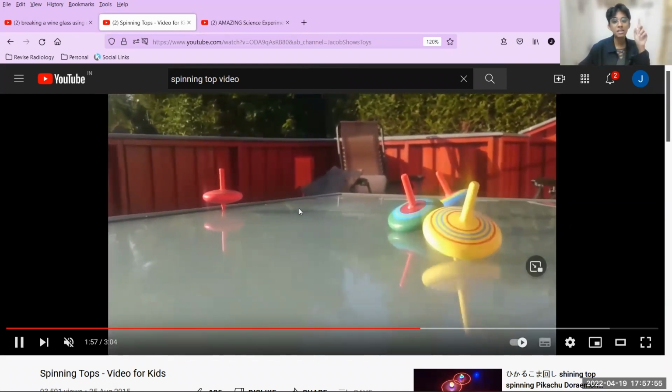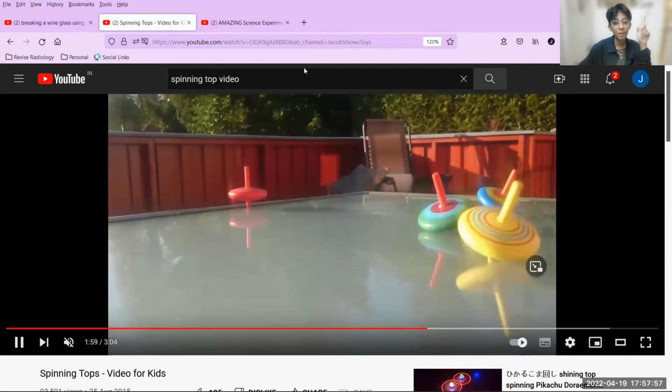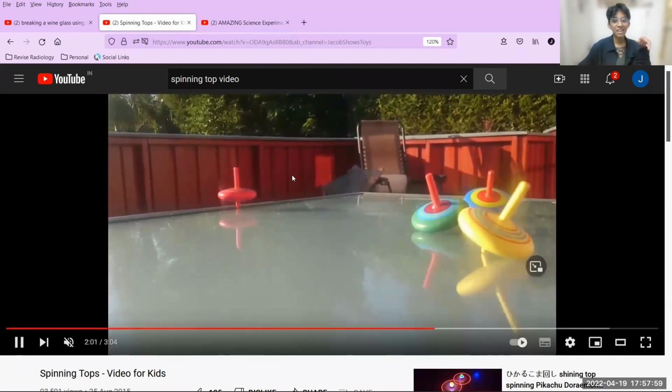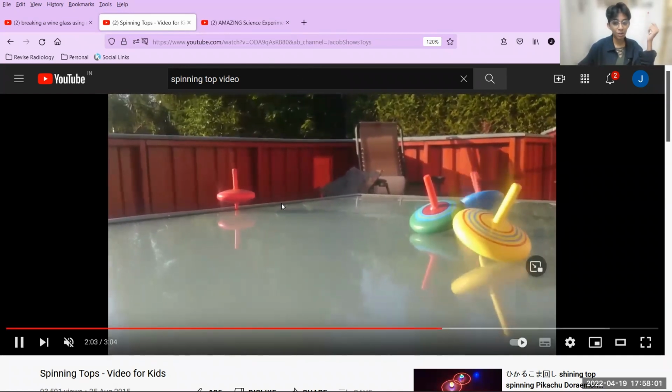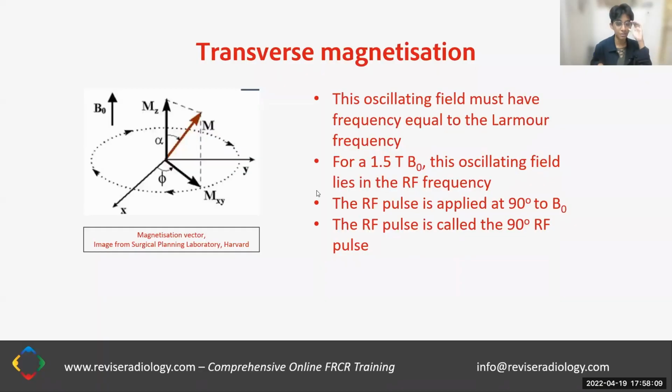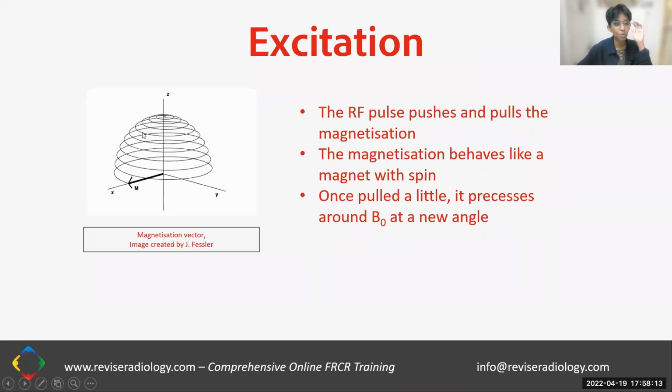So what happens is the top line, which is through the tops, keeps on moving down, down, down in a spiral motion. Here, of course, it doesn't go completely 90 degrees, but in the case of our protons, that's what happens here. All right. So this is the motion that I was trying to show you in that video. So the angular momentum, the magnetization, sorry,